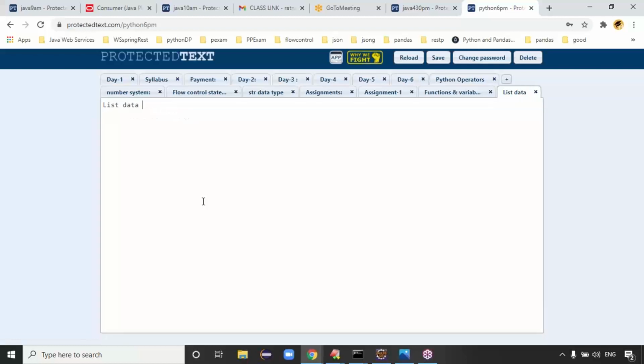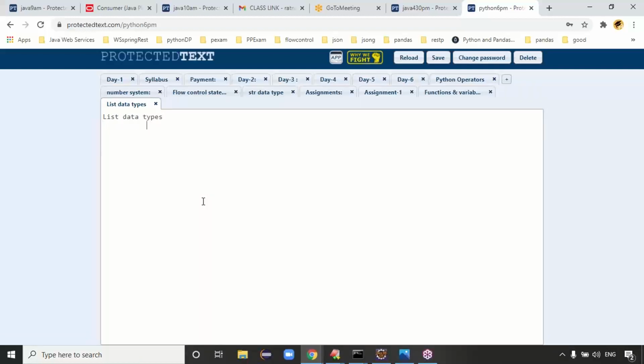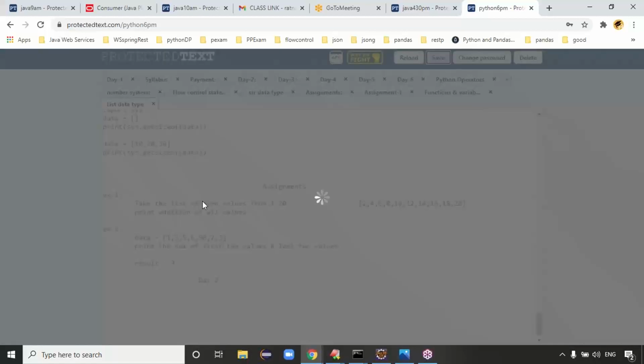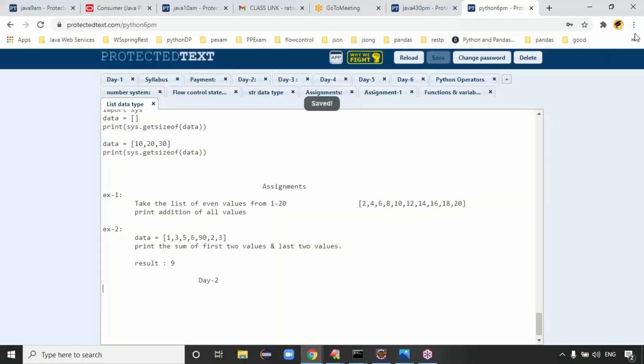Today we discussed the list data type, day one notes. Tomorrow we will discuss the day one assignments and the day two notes. Try to check the class notes, guys. We'll meet tomorrow and continue.